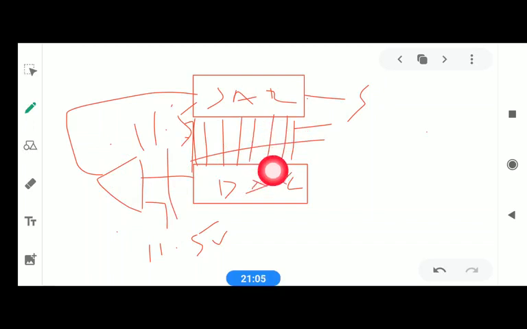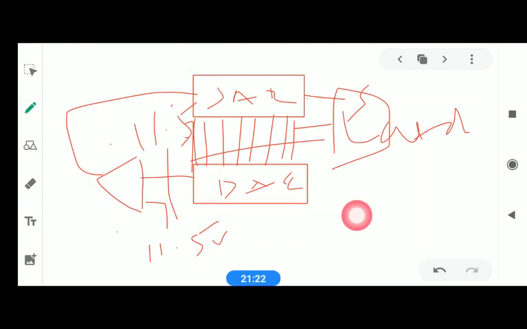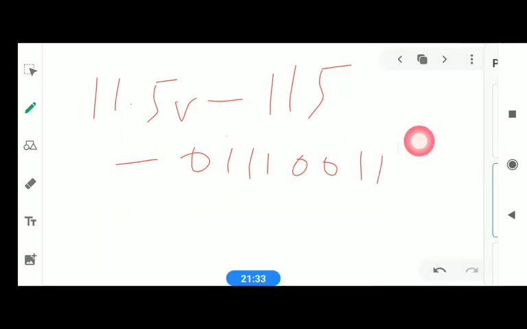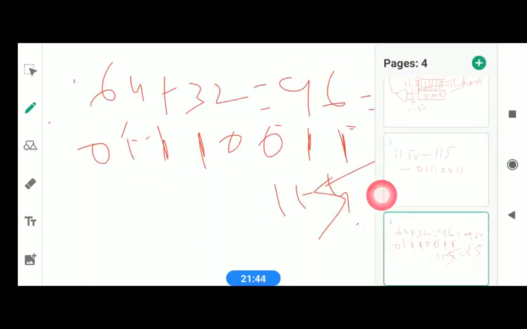which we are taking through the SAR, which we are taking through the latch. So when both are equal, whatever the digital value at the output of the SAR is our digital output, which we are taking through the latch. So you can see here, for an 11.5 analog input which we are applying, we are getting the output 0111011, which you can see clearly here.